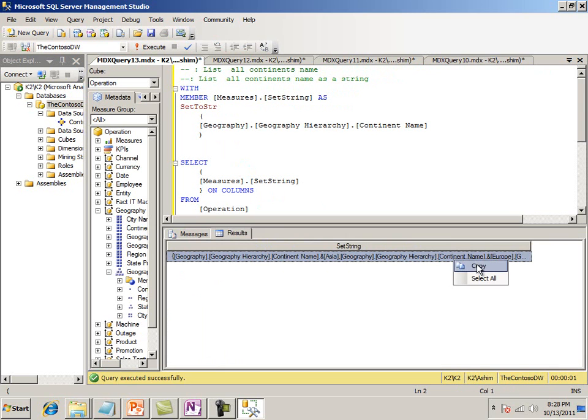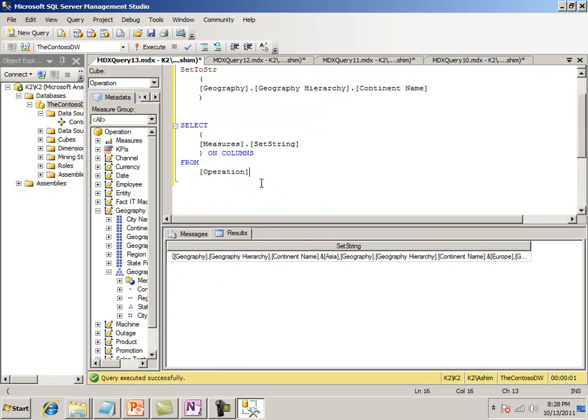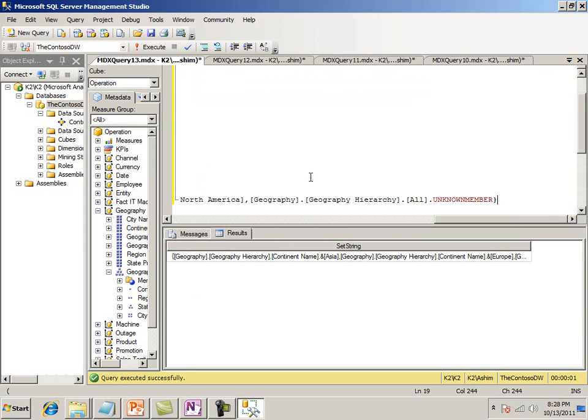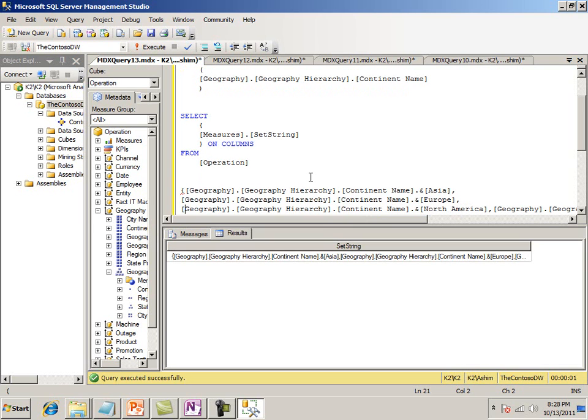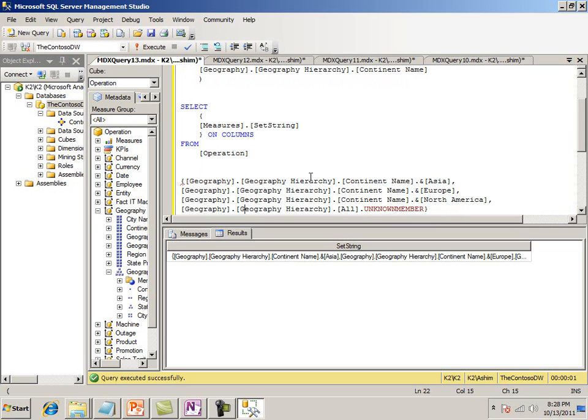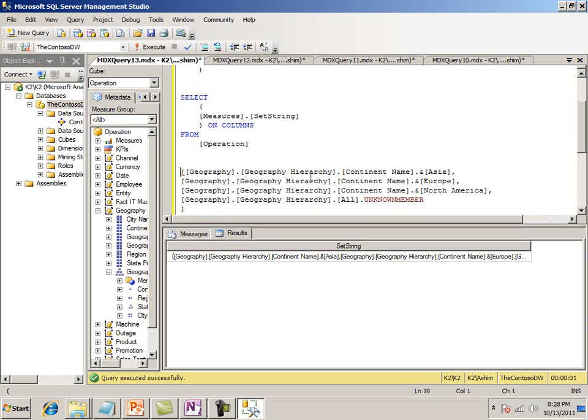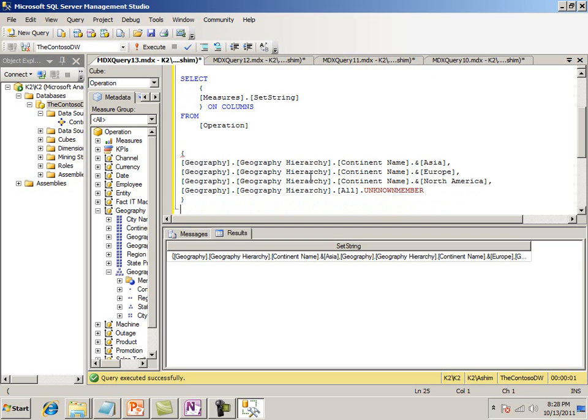If you want to see, just copy here, and so this is Asia, this is Europe, North America, and unknown, right? So that's our set. See how nicely it gives. So set to string, right? Next query,